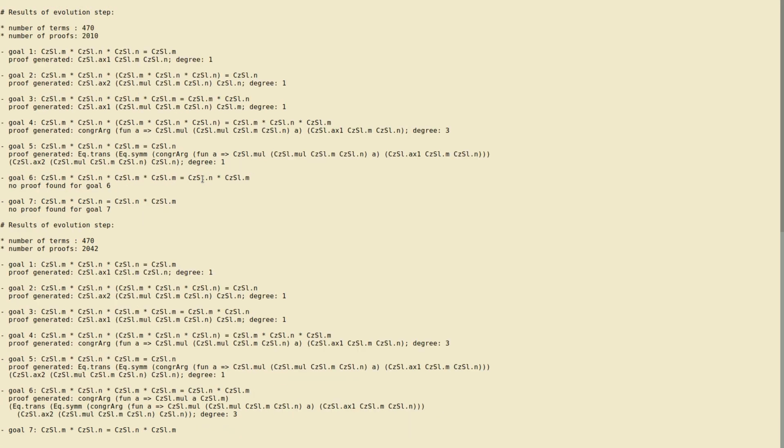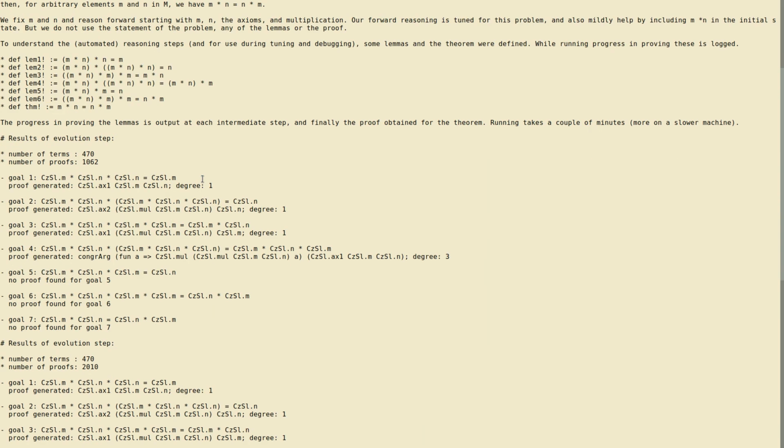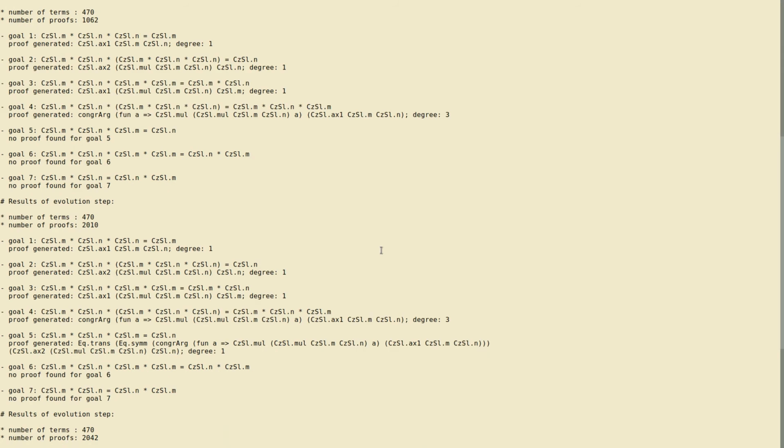Now while I stated that, this has rushed through 3 proofs of it, steps of it, so I'll scroll. The first step gave us the first 4 goals. This involved instantiation and function application, that is computing f of x, and also given an equality a equals b, deducing f of a equals f of b for a function f which is also generated by the system. So the first step, which happened almost instantly, gave you the first 4 goals.